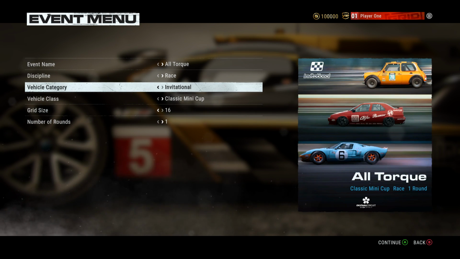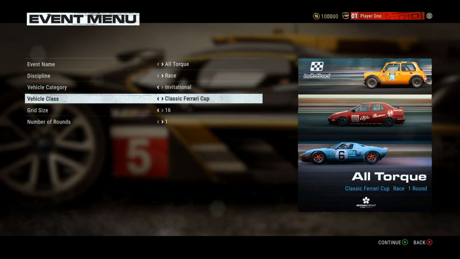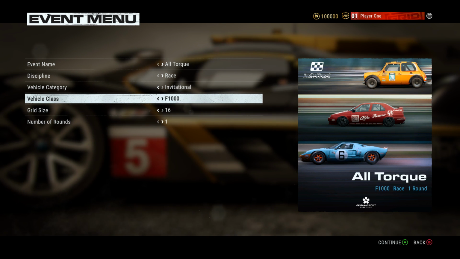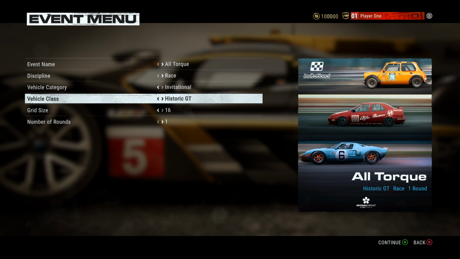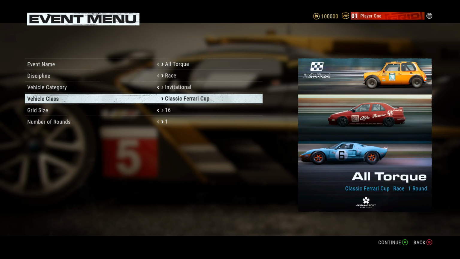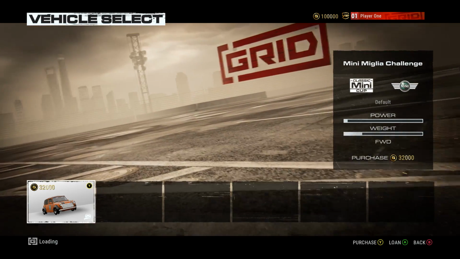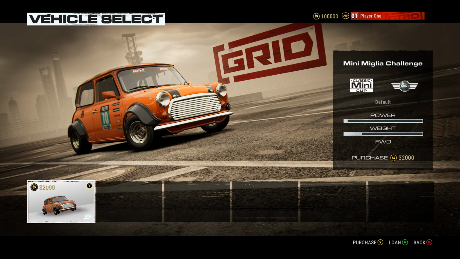And then we move on to Invitational. So we've got Classic Mini Cup, Classic Touring Car, Classic GT, Classic Ferrari Cup, F1000, Heritage Super Tours, Historic GT, Group 7 Specials, Renault, and Renault R26. So moving all the way back, we're going to start with Classic Mini Cup, which gives us the Mini Melia